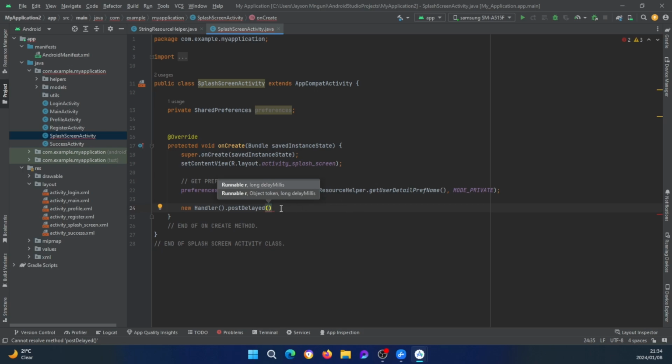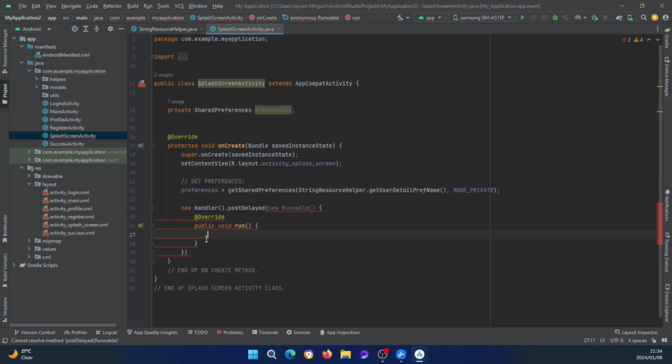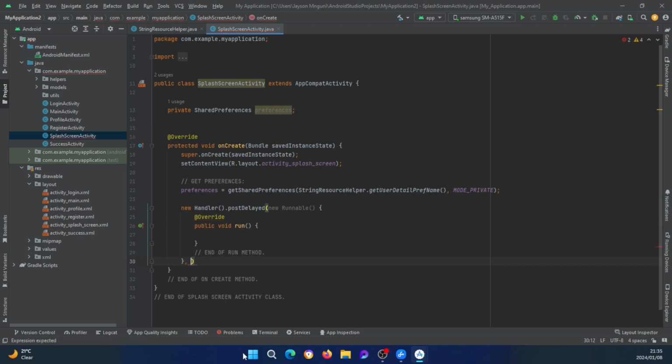And then in here we have to say new runnable. Okay, so now, right, and then here what we need to do is we're gonna let the splash screen run for like 5 seconds, right? So in here we just have to put 5,000 milliseconds, and then what do I need to do here? I'm gonna say end of